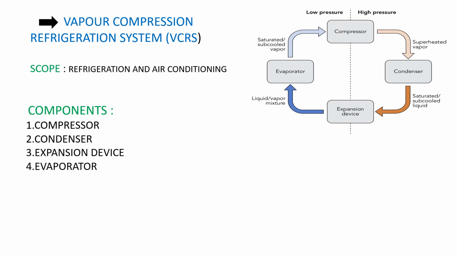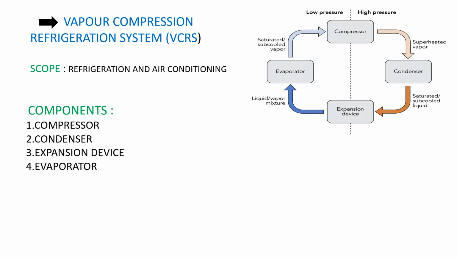The first one is the compressor. In the compressor, we put work into the system with the help of this device. It changes the low pressure refrigerant to high pressure refrigerant. It compresses our refrigerant and turns it to high pressure, which we get at the compressor discharge in superheated form. So the refrigerant will be in superheated vapor form with high pressure. The superheated high pressure vapor is sent to the condenser after adding work through the compressor.